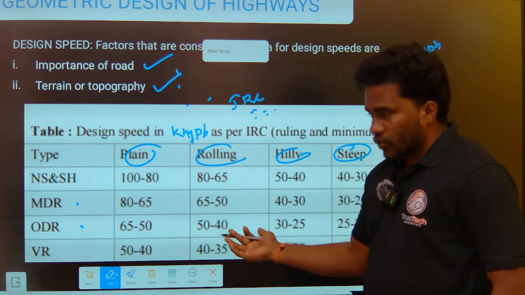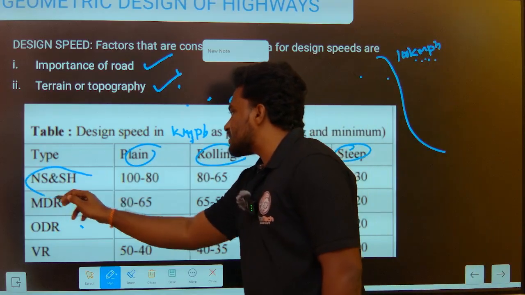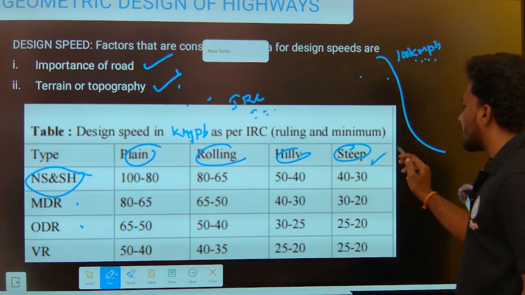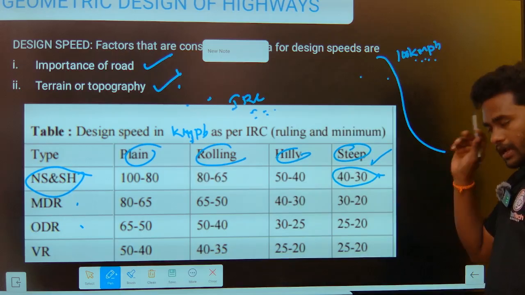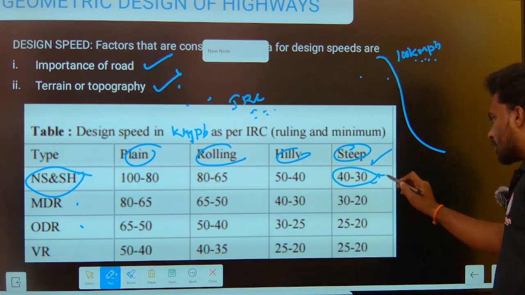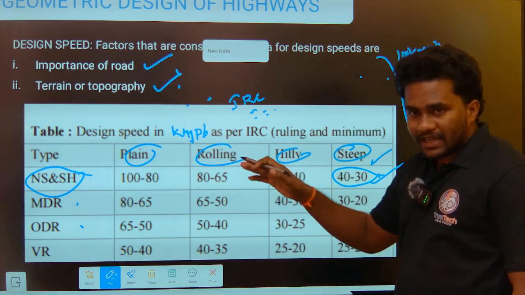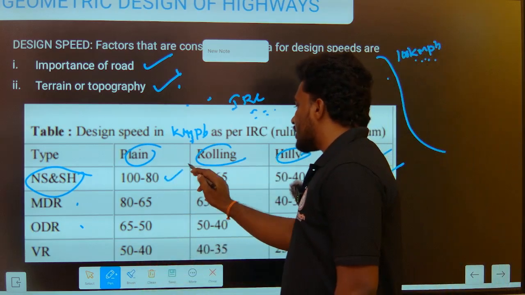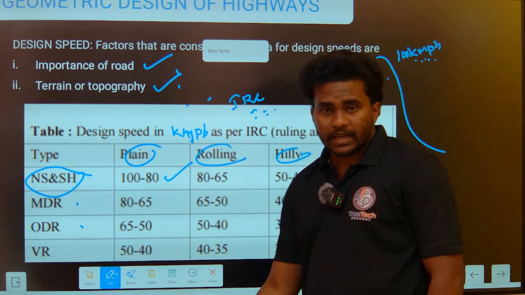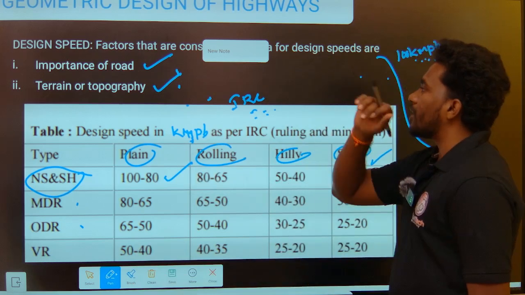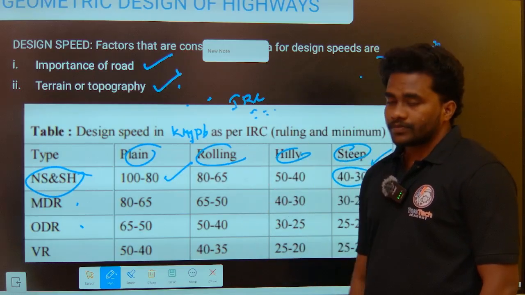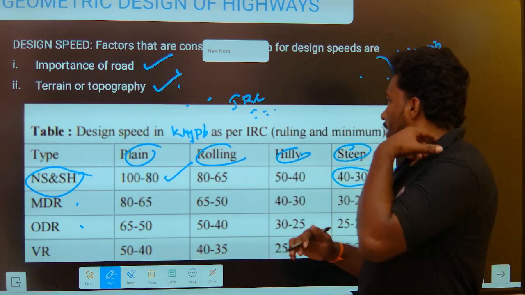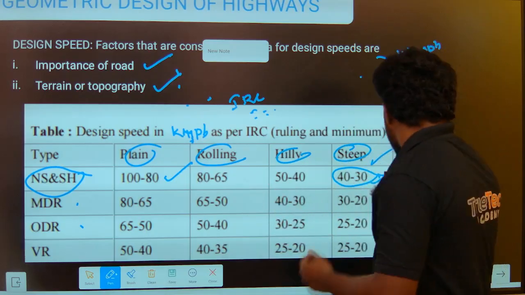Let's observe this. For national highways and state highways, if we have a steep terrain, the minimum design speed is 40 to 30 kmph. If it is a plain terrain, then the design speed is 100 to 80 kmph. And this is the important factor that we consider in the design of highways. And other factors,